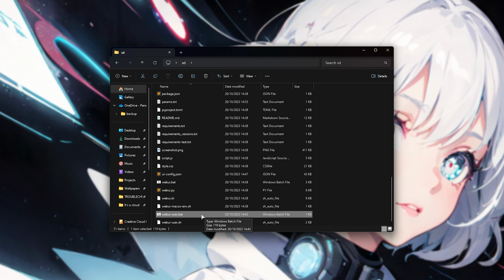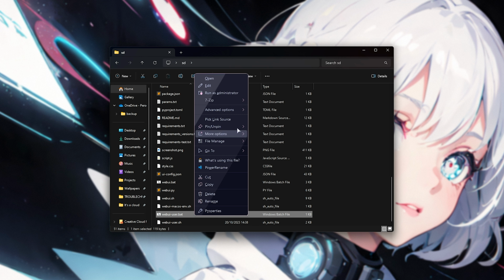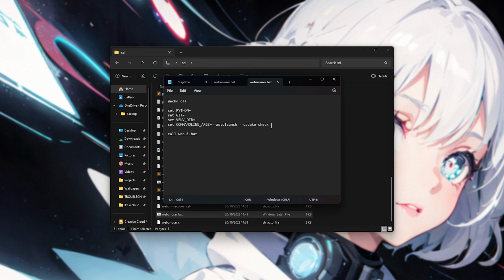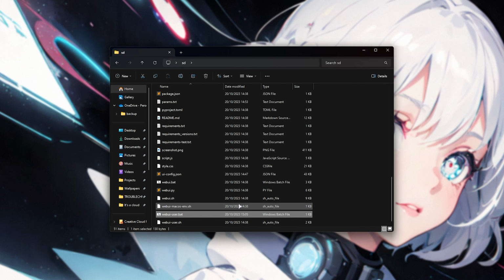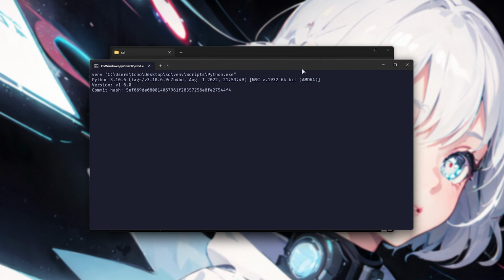Quickly though, before we end off this tutorial, I'll edit the webui-user.bat with Notepad, and at the very end, we'll add space --xformers for a huge performance increase, about maybe 50%, which makes life a lot better on most systems. Do note that for some people, you won't be able to launch this up and things won't work happily afterwards,